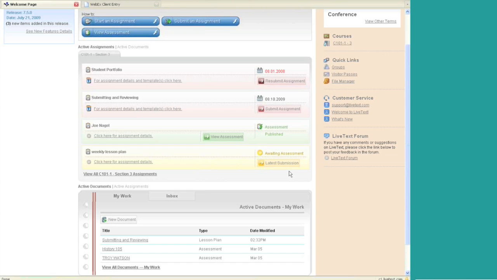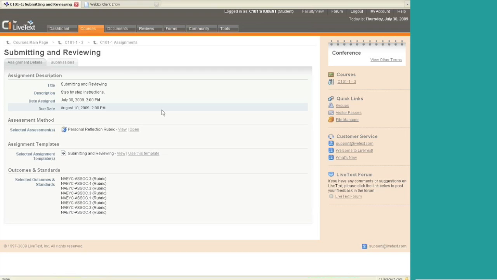Okay. And you can see over here on the student view that they can either resubmit the assignment, or their assessment is waiting to be published, or they have an assessment that is waiting to be graded. Okay. So for that assignment that I just created, Submitting and Reviewing, you can see that it's in red, meaning I haven't started the assignment yet. And I'm going to click on this assignment to start it. And right now it's showing me the assignment details. And from the student perspective, I just want to point out that once a student opens up an assignment, they're going to click on Use this template so they can start filling it out. And once they've clicked this, they've already started a new document within their Documents tab. And when they go into it, if they decide I need to finish this later,